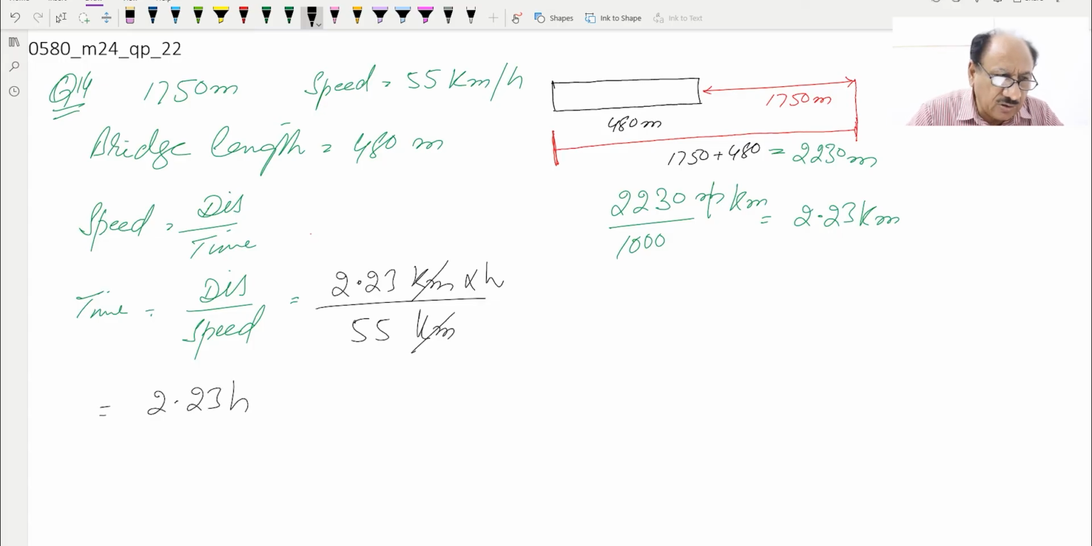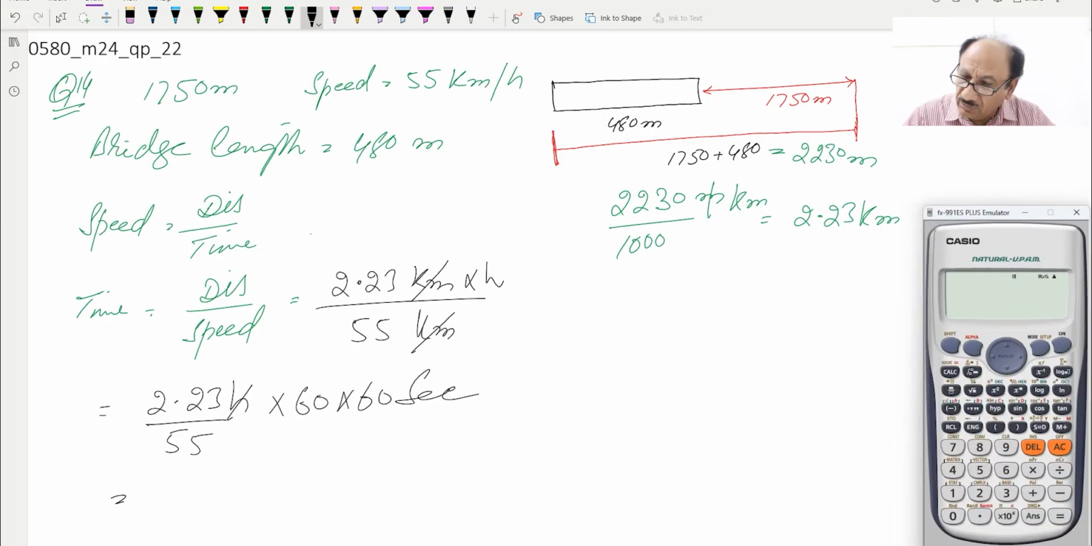But the answer required is in seconds, so we will multiply this, which is divided by 55 also, by 60. Now this will be in minutes, and then further multiply by 60. This will be seconds. So now our simplified answer will be